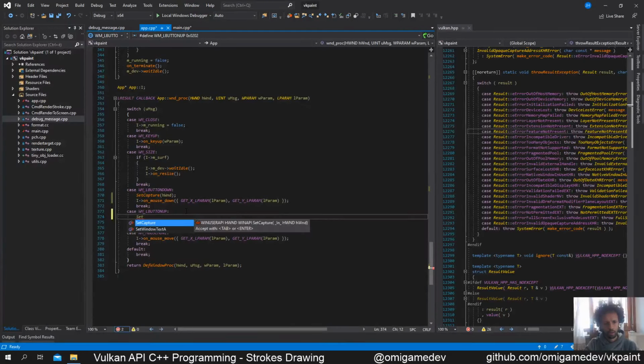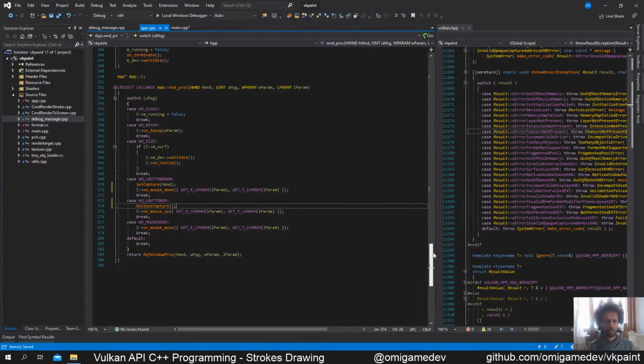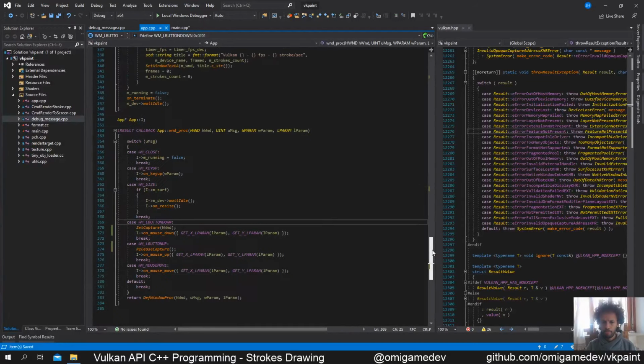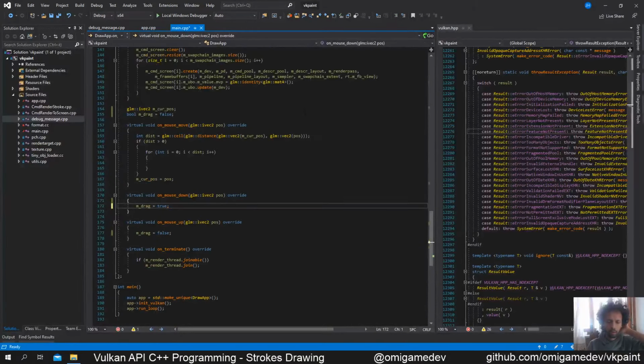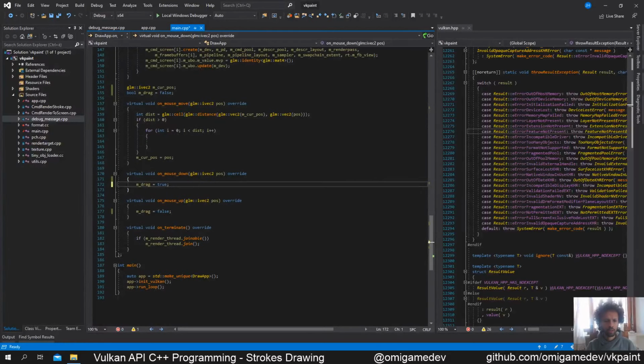Set or release capture right from this thread. I guess it's linked to the thread itself. Alright, so that being done, it was just a little detail,